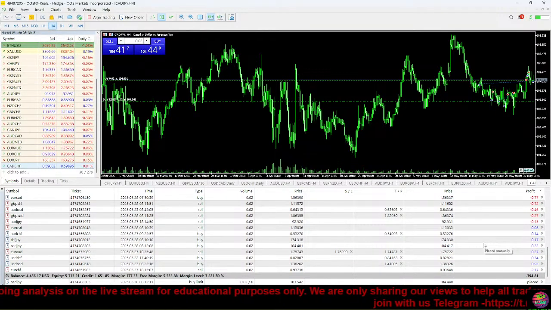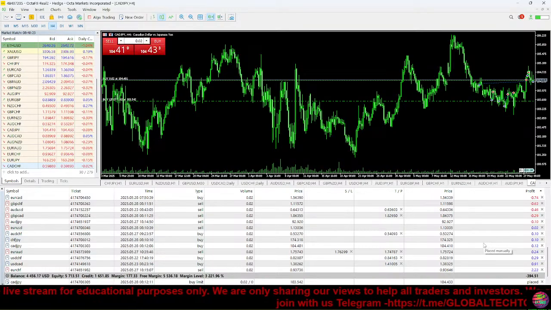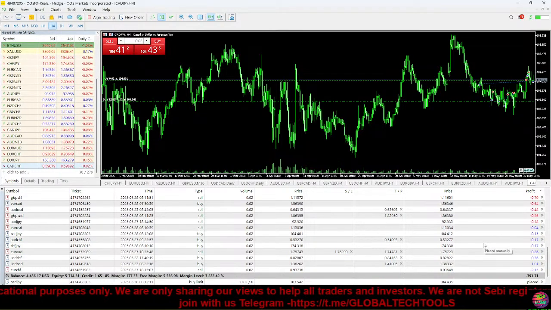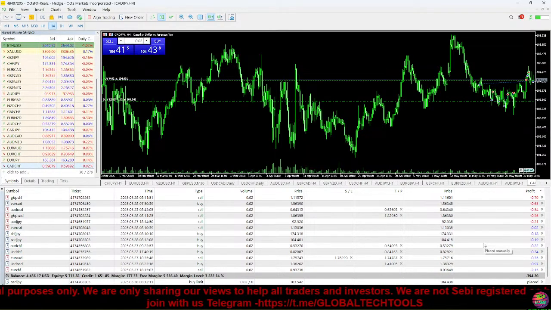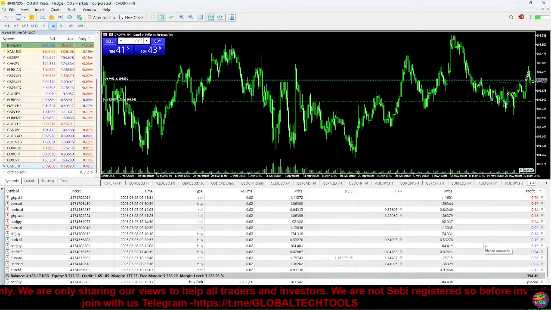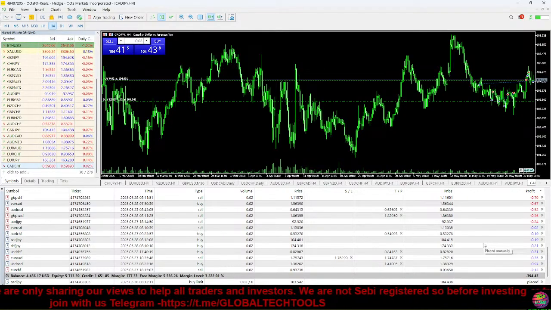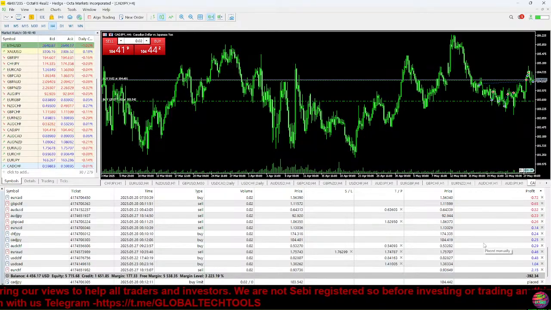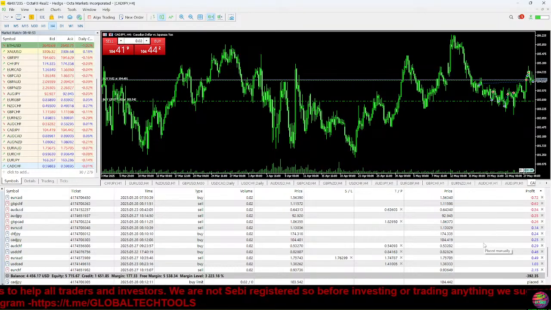Then you're going to place your account size. So let's say you have $1,000 currently in your trading account, and you're asking yourself, how much do I risk? Well, how much are you willing to lose? You have to have the mindset that every single trade you take can immediately hit stop loss, and you have to be completely okay with that loss. You can't simply deposit $1,000 and bet the whole $1,000 thinking you're not going to lose it all. If you don't calculate your risk correctly, that's exactly what's going to happen.